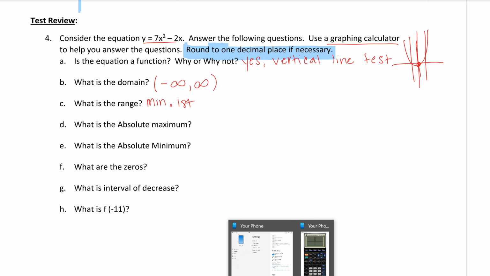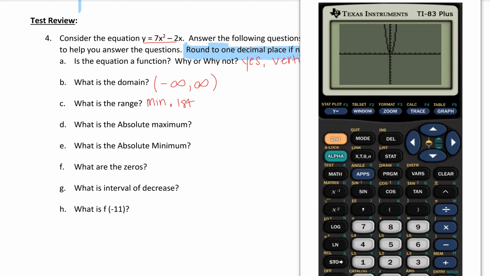So I'm going to teach you how to do that if you don't know how to do it already, which I really hope you do. So what we're going to do is zoom in on our calculator. Hit zoom in, enter. Okay, and I'm going to take a really close look at it. To calculate it, I'm going to hit second calc. Remember, hit the yellow button, look for the yellow words, so second calc. And I know I'm going to calculate the minimum, so I'm going to go down, hit enter. Now it gives me a cursor. To calculate the minimum, I need to go left of it, hit enter, and then go right of it. Hit enter,